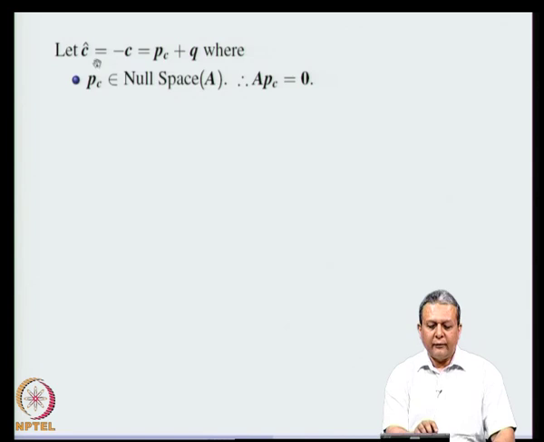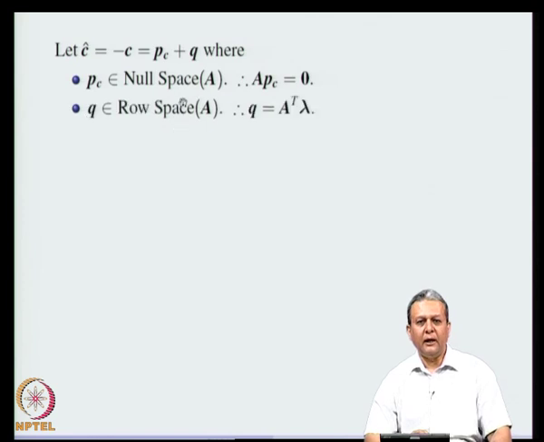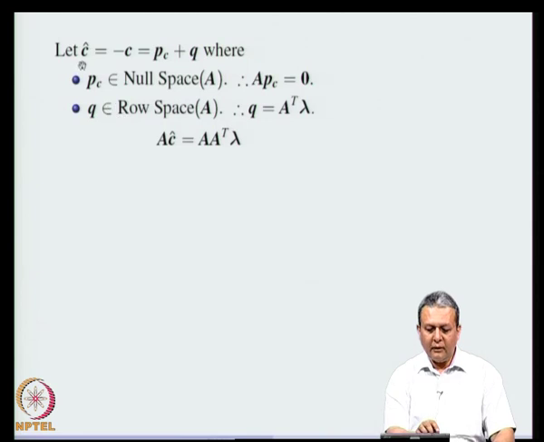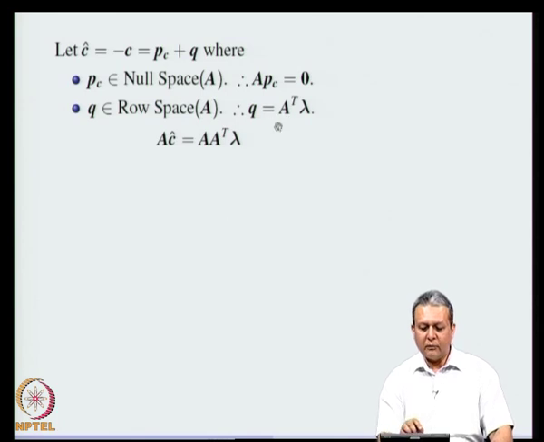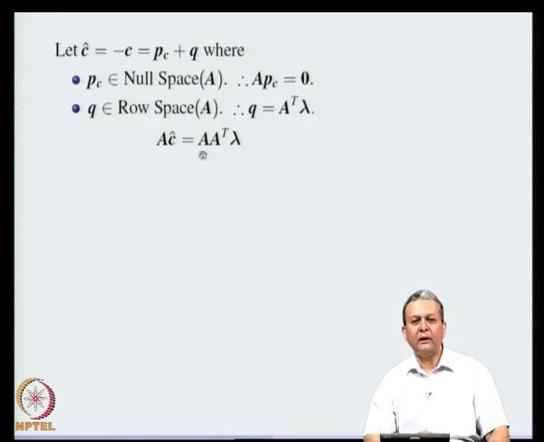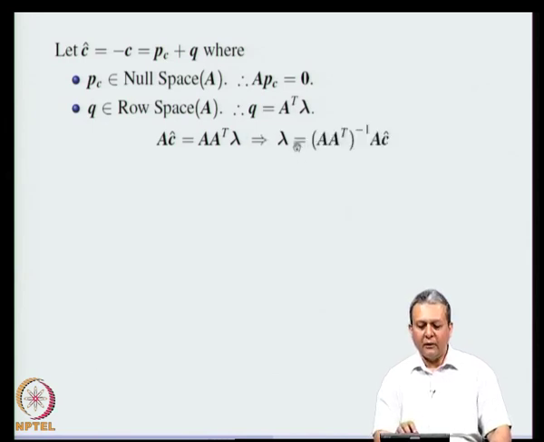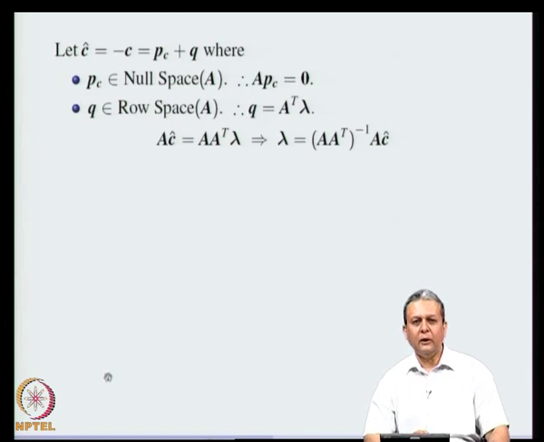As I mentioned, if we denote C hat to be minus C, the negative descent direction, it has two components P C and Q, where P C belongs to the null space of A and Q belongs to the row space of A, and therefore A P C equals 0 and A transpose lambda equals Q. Using the fact that A C hat is equal to A P C plus A Q, A P C is 0. So, A Q is nothing but A A transpose lambda, and since A is a full row rank matrix, A A transpose becomes invertible, and therefore we get a value of lambda which can be used to find Q, and therefore,